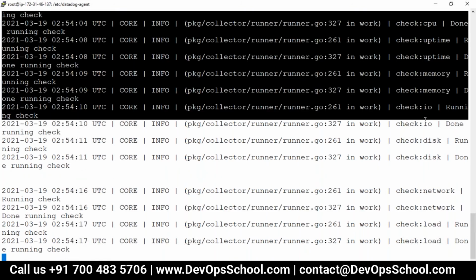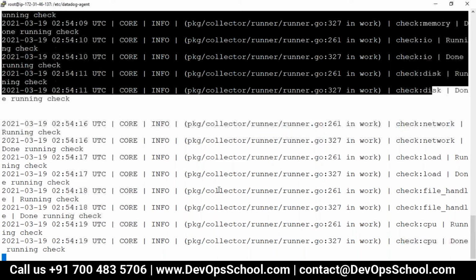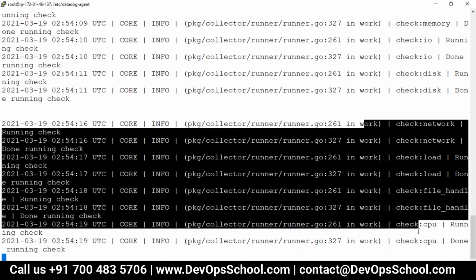They're loading. All are info. That's okay, and sending. So now this is done.